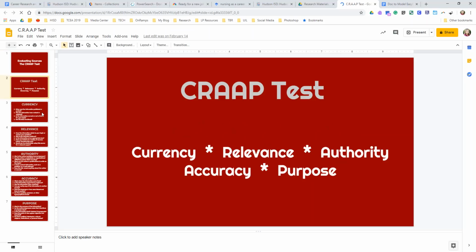This is an acronym for a system to use to evaluate your sources. If you'll notice, all of the slides give you some questions to ask, but we have to make sure all of your sources are current, which is why I demonstrated how to narrow down your searches to the last year or two. They need to have relevance to the topic, for example, when I found the article about nursing having a high need,